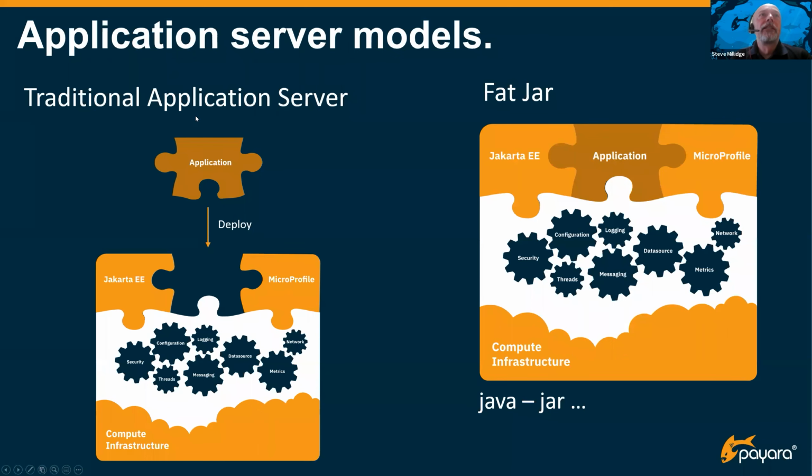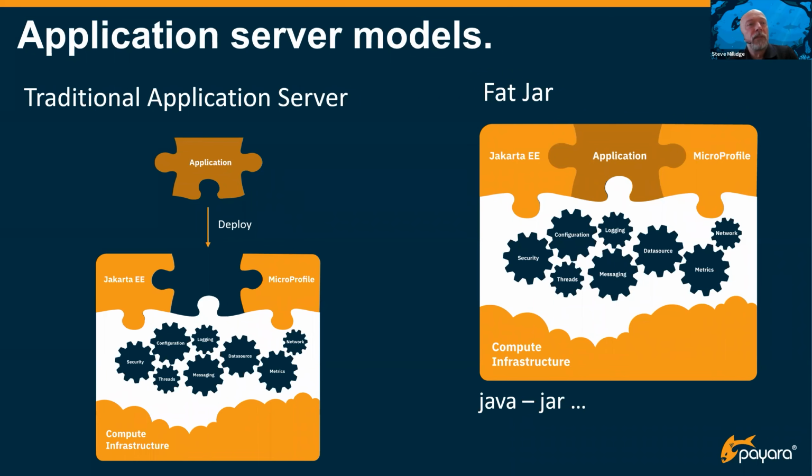So in a traditional application server, which is the left-hand side, you take your application and you go through a step whereby you deploy it to the application server, the application runtime. That is how you would do that in Payara Server on a domain. You would go through the administration console, upload your application, and hit deploy, and it would basically slot it into the runtime and execute it. Similar for WebLogic or JBoss or any of the other Jakarta EE, Java EE application servers.